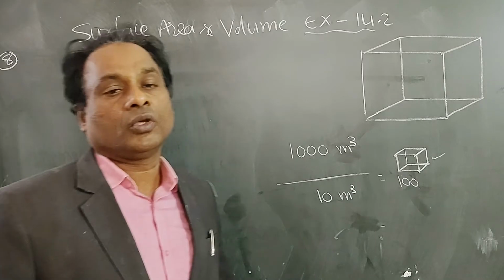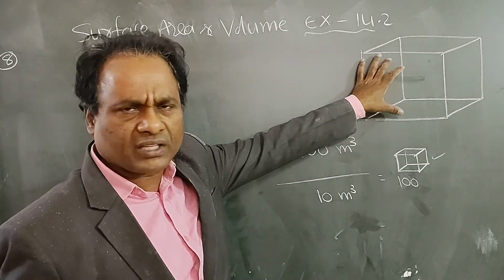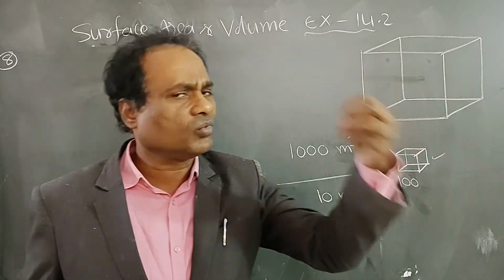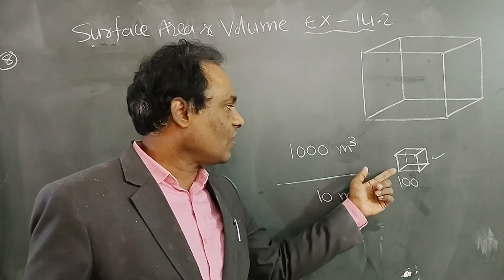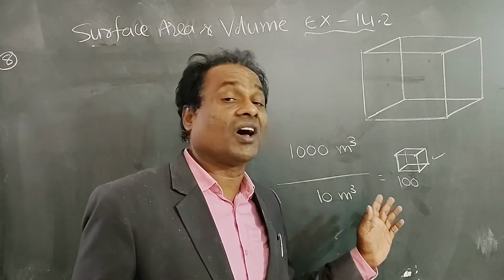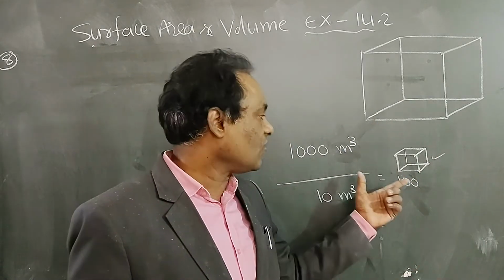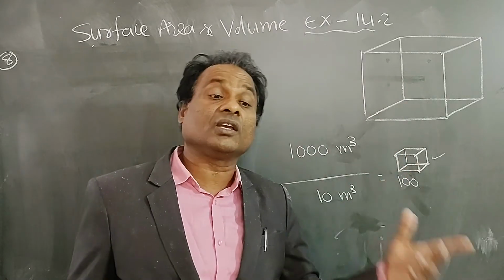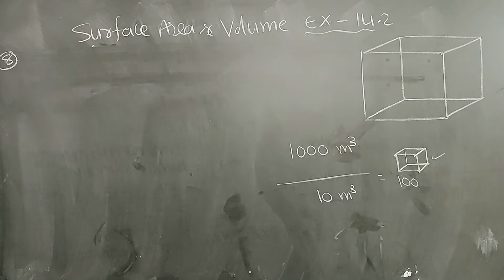Then we will get the number of cubes formed. So dimensions of this figure are given: length, breadth, height. Volume formula is L into B into H. Dimensions of this are also given. For the cube, the volume formula is side cube, that is x cube. So find the volume of this, find the volume of this, divide this volume by this volume, that gives the number of cubes we are going to get.